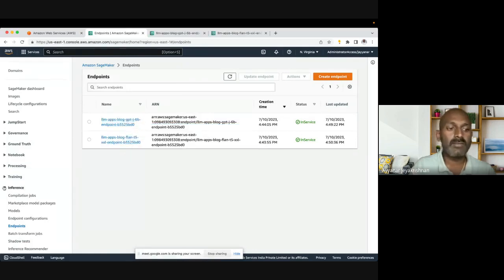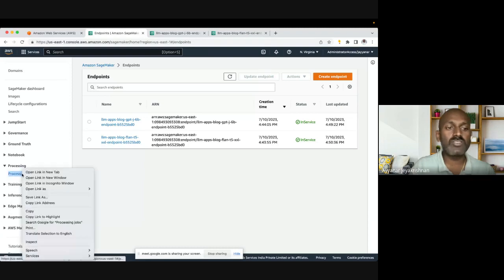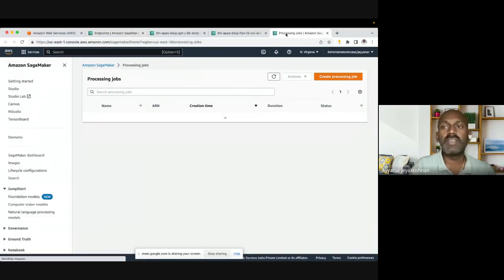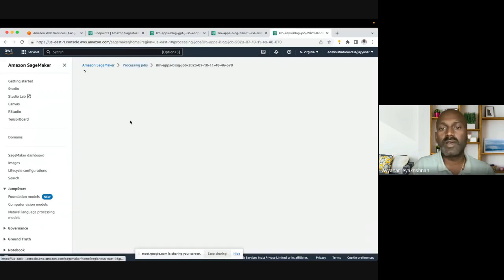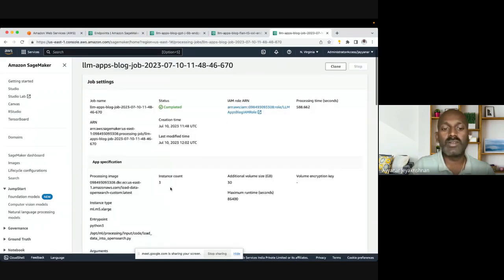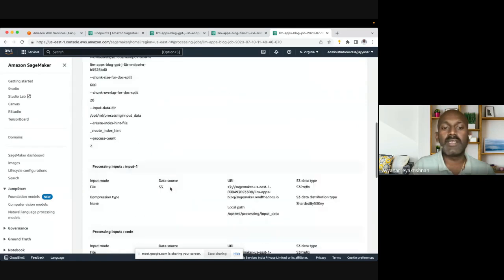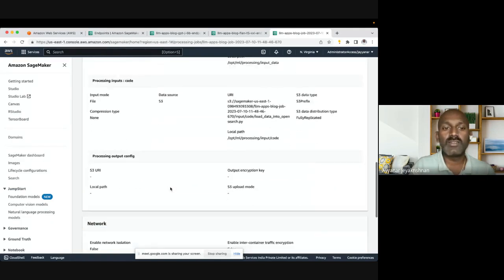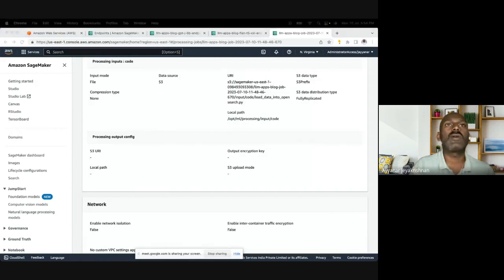And there is a pipeline processing job, which will read the data source and write it to Elasticsearch. I'll give you the example code. It's stuck at some stage, but I'll give you this code. This is a vector.